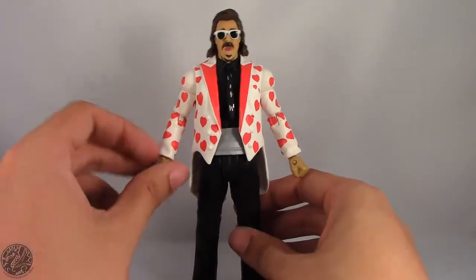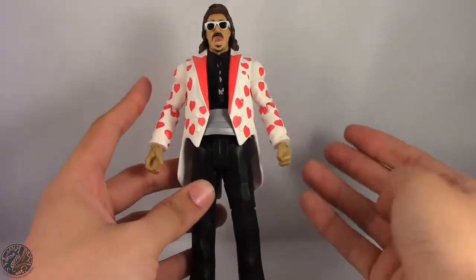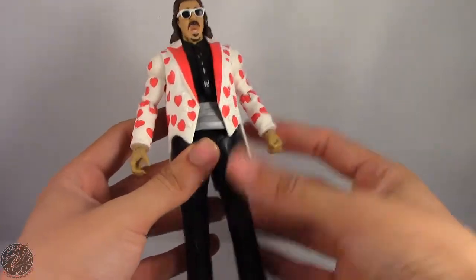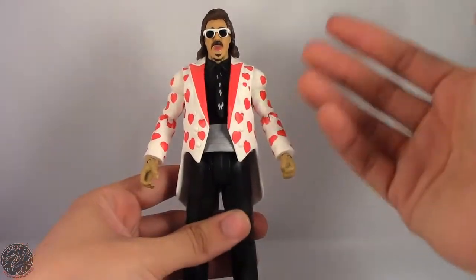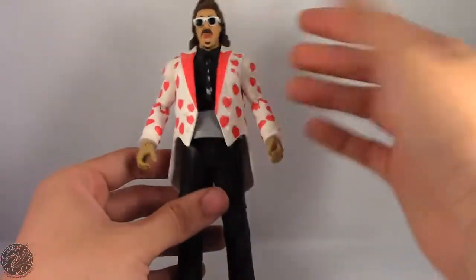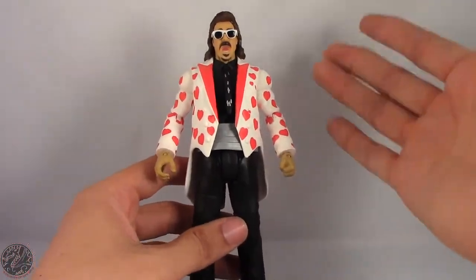I know Jimmy Hart is, I think, 6 feet. Might be a little shorter, but yeah, he seems a little too tall for my taste, and it just kind of throws the figure off for me, because he was always with taller guys, and that just made him seem short. I know people say I'm tall, but then when I stand next to my brother, I'm short, so that might be the